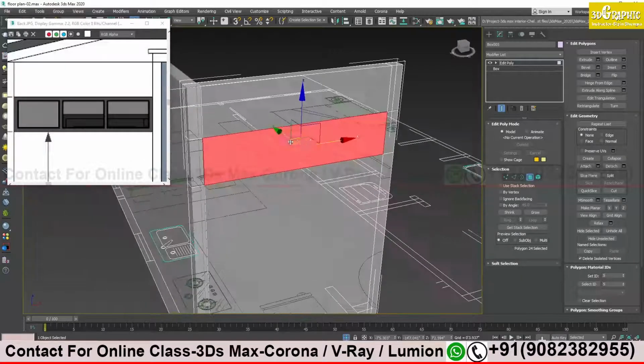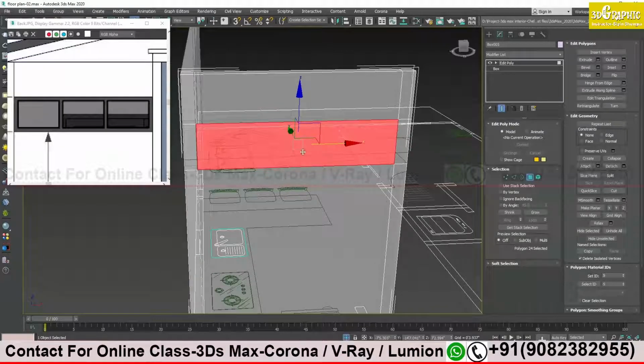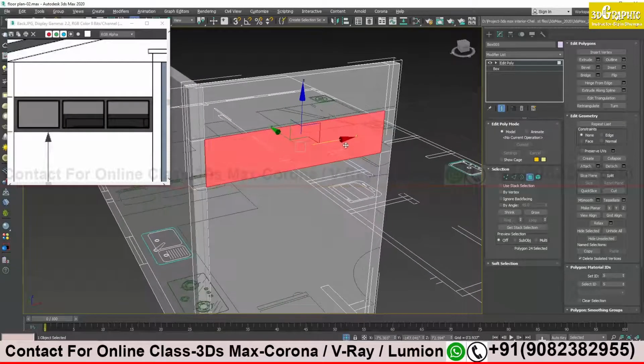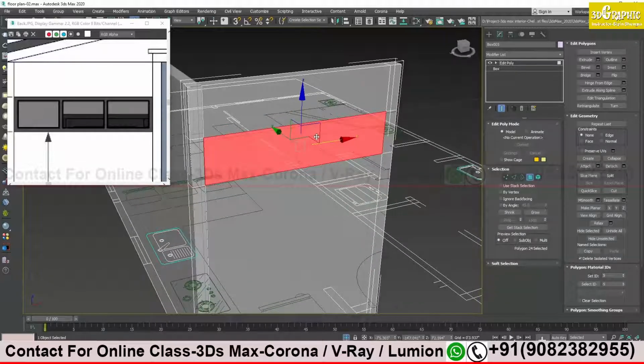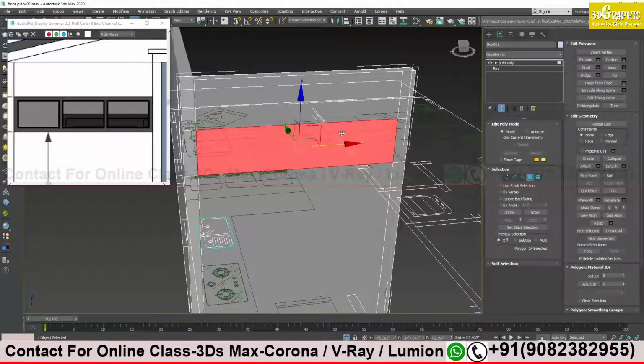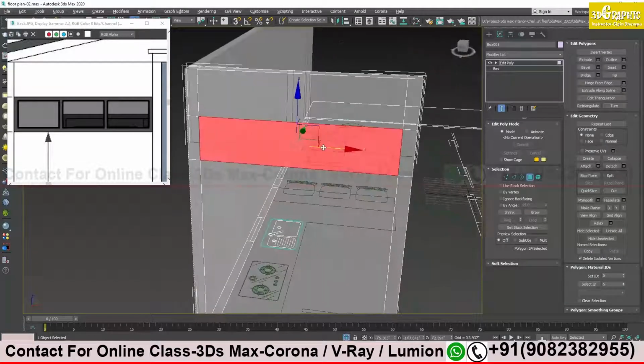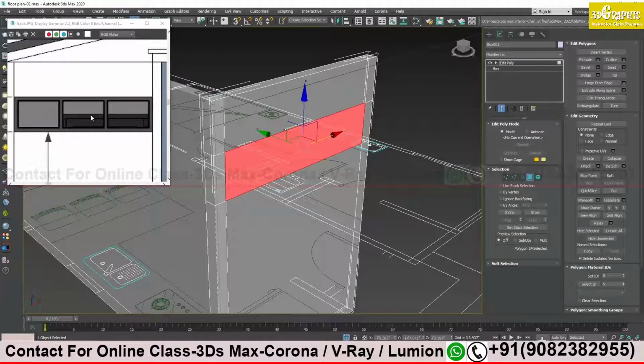Okay, now I have to create a hole on this wall, no? Then only I can fit my window over here. So what I will do, and I need a glass also, no? So I told you about detach, remember? Yes. I will tell you one more thing about it. Now I will try to explain a little bit more advanced than that, because we have to create a gap also, and the gaps would be properly gapped, no? And I need this glass also. So let me first do it, then I will try to explain that.